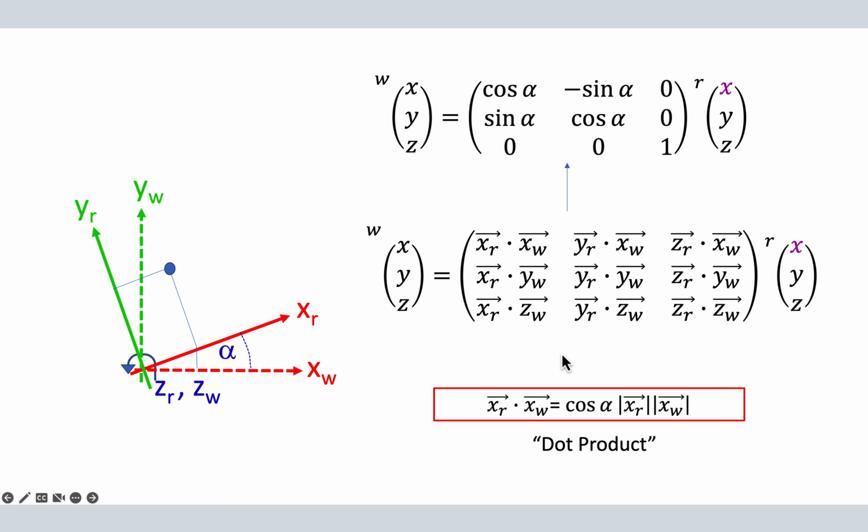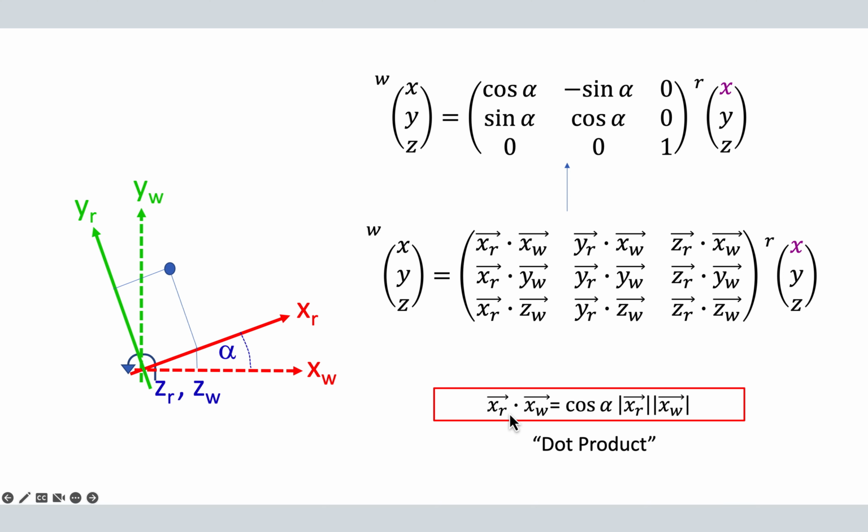And for that we have to actually recall that these basis vectors are of length 1. That means when you look at the dot product definition, the dot product of two vectors is the cosine of the angle between them times their length. Their length is 1, that means this all goes away,